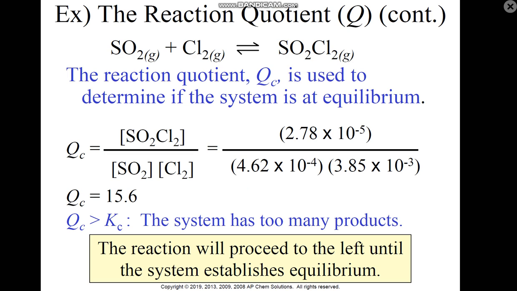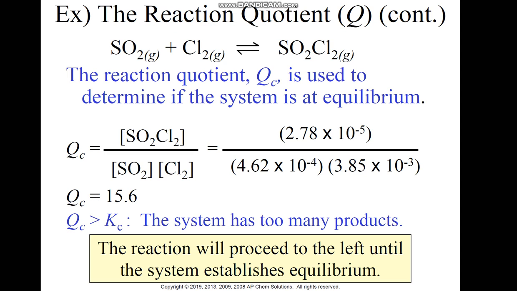In this particular case, when we fill in all these numbers, we find out that Q is much greater than K. Because Q is so much greater than K, that means the system has way too many products, so this is going to continue to proceed back toward the left, toward the reactants, until